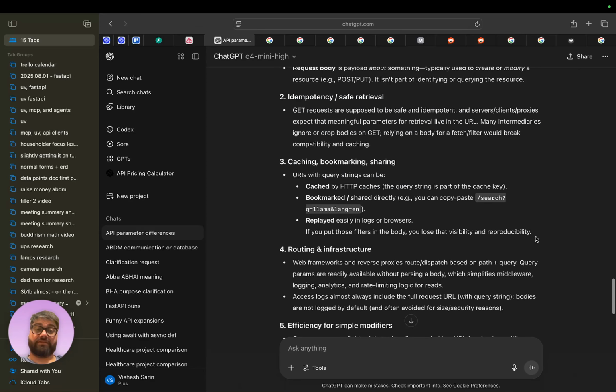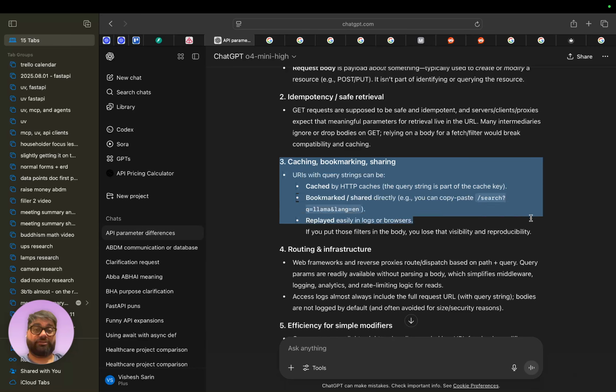So this is the really interesting one as to why people don't do this: caching, bookmarking, and sharing. You can just cache a URL and that's all you need for a GET, which is a lot of requests actually. Everything on YouTube is a GET technically. Everything you click is like get this, get that. I want to watch that. You're not modifying anything, not unless you leave a comment or a like or a subscribe or whatever.